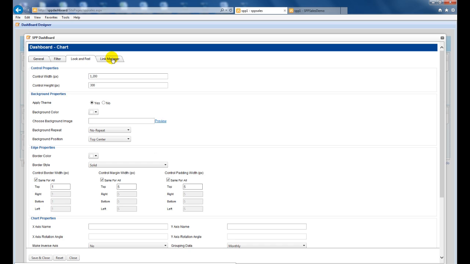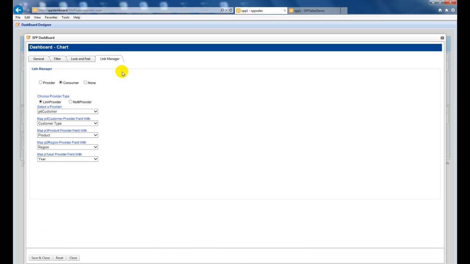Drill down is enabled through link manager. Click on the link manager. A control can be provider or consumer. In this, the chart is the consumer. I'm going to link the chart with the provider. I'm going to select the customer type here as the provider, and I'm going to select the corresponding column. I'm going to select the product,